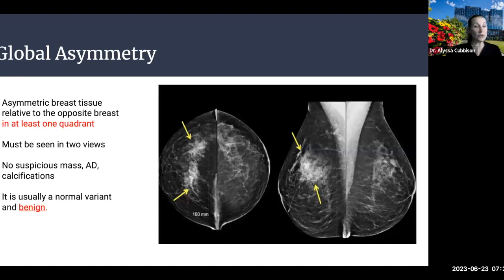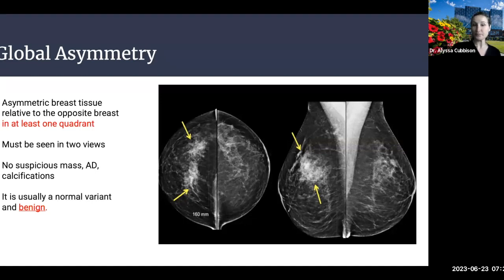So going down to the third type of asymmetry, this is going to be a global asymmetry. This is asymmetric breast tissue that involves at least one quadrant or more. This must be seen on two views, and there are no other superimposed suspicious findings, meaning no masses, architectural distortions, or calcifications. If it meets all that criteria, this is considered a normal variant and it's considered to